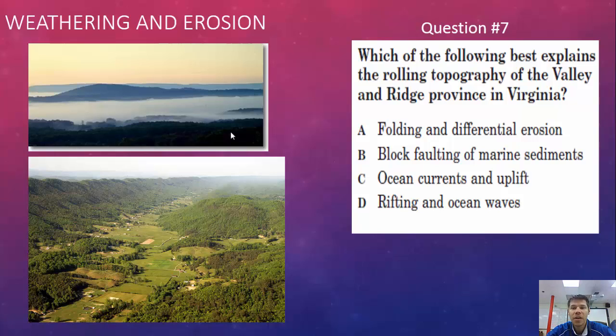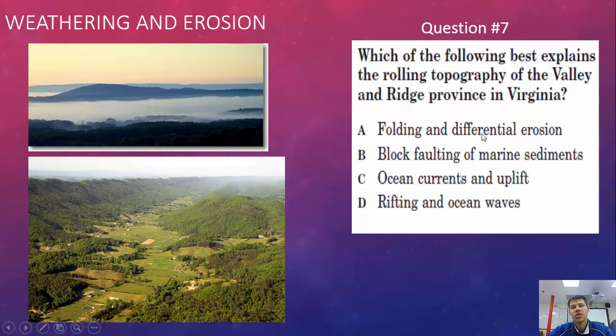And that's just because we have different rocks. In general here, we've got some sandstone rock that doesn't weather as quickly as what's down here, the limestone rock. The limestone rock gets dissolved away by the rain and carried away by the rivers, but the sandstone rock is much more resistant and stays taller longer. So the reason we have this topography,